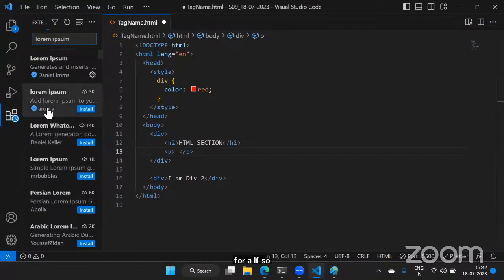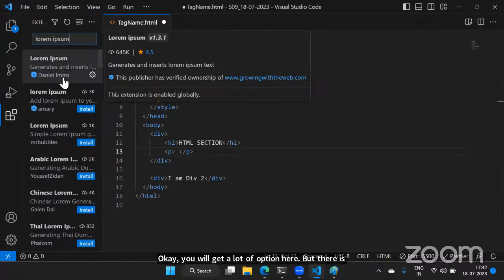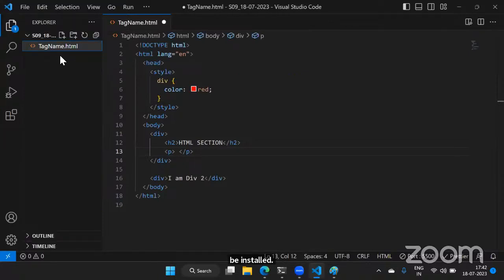You will get a lot of options here for lorem ipsum, but there is an author called Daniel. Just install that extension. Here you will get one install button. Just click on that install button. This extension will be installed. Now, once that extension is installed, using it, if you want to generate random words, what you need